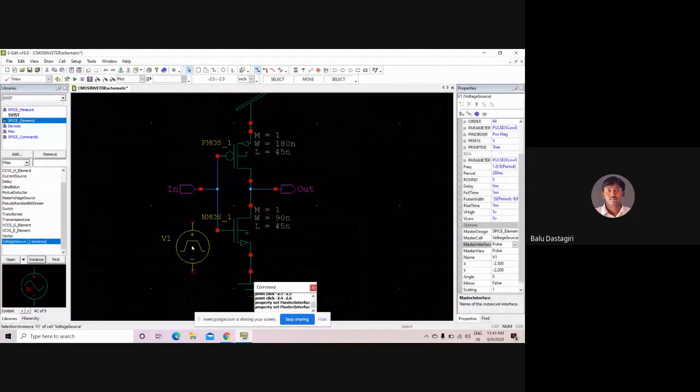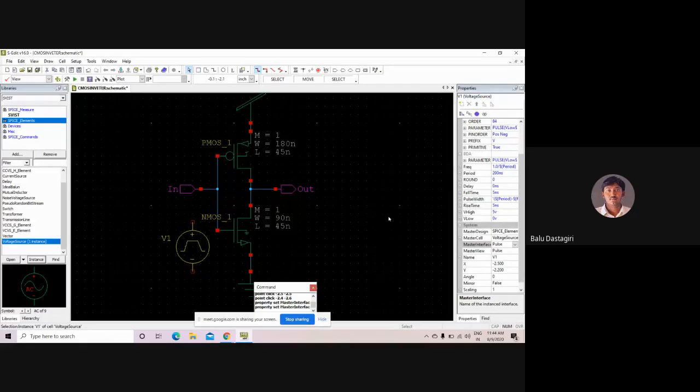In reality there is no signal that will be directly converted from 0 to 1. In order to make the signal transition from 0 to 1 there will be a rise time, and to make it transition from 1 to 0 there will be the fall time. So I have specified it as 5 nanoseconds and 5 nanoseconds.